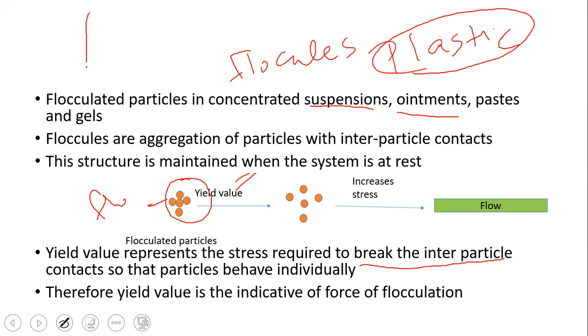When we plot a graph between F and G, at first it will not flow like a Newtonian fluid. After a particular point, known as the yield value, it will flow like a normal Newtonian fluid, just like castor oil, water or ethyl alcohol. So only after attaining this yield value will they start to flow. Hope this portion is clear. I'm moving to the next question.